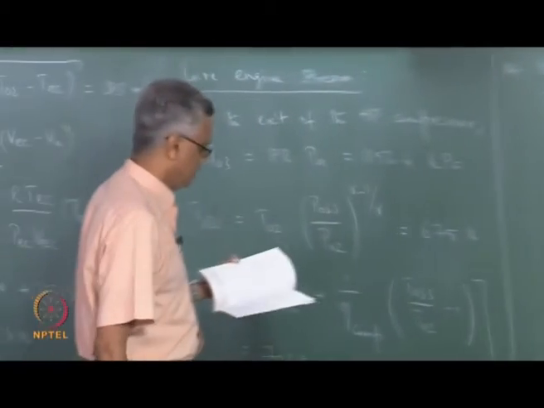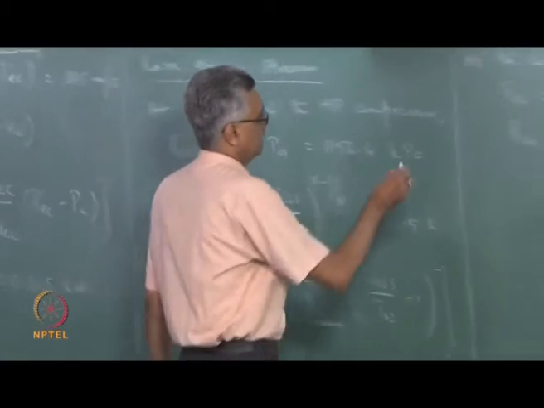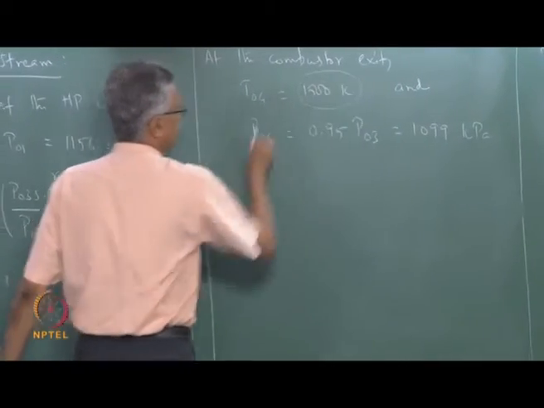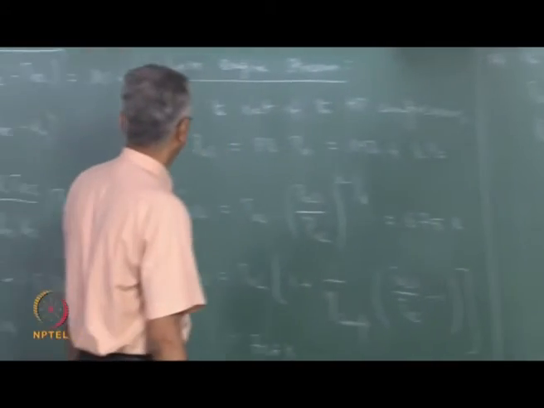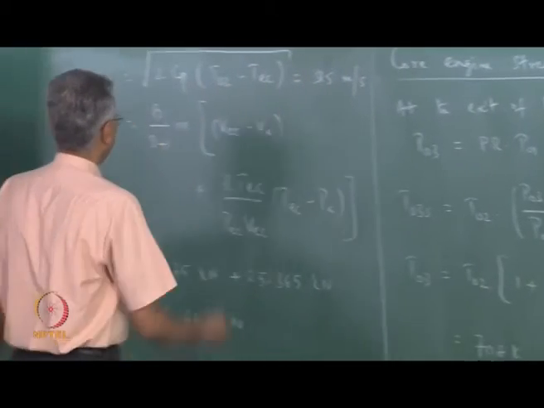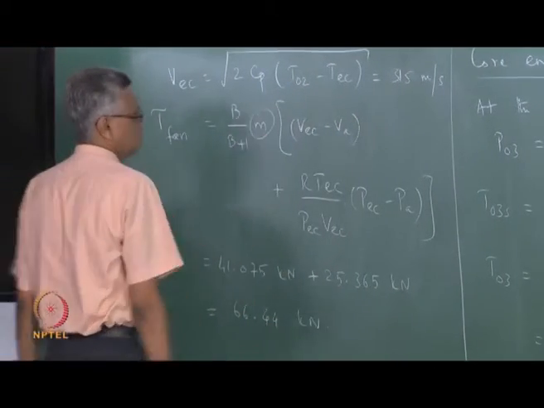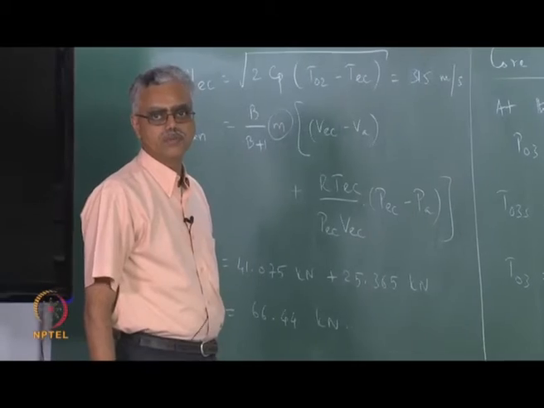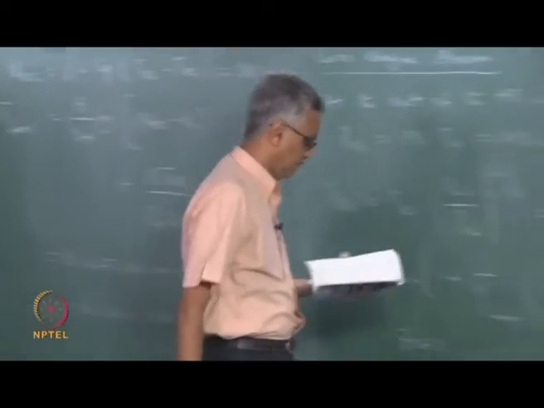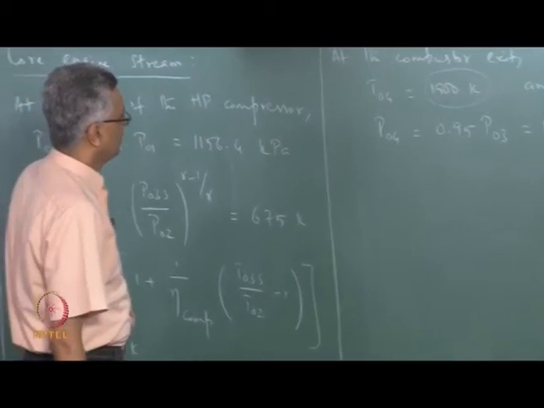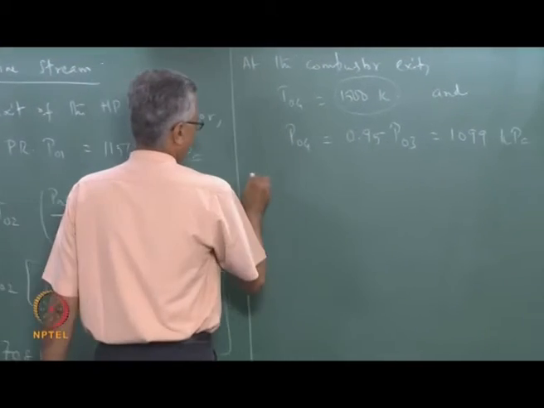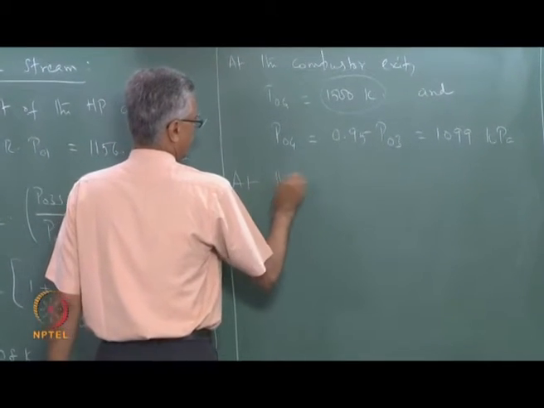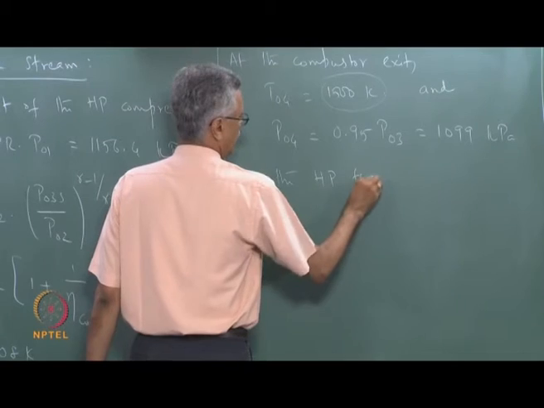So let us proceed. We will remember that this value most likely needs to be changed, and the m dot value also most likely needs to be changed. We will keep that in mind and proceed. So the next component is the high pressure turbine. So at the HP turbine exit,